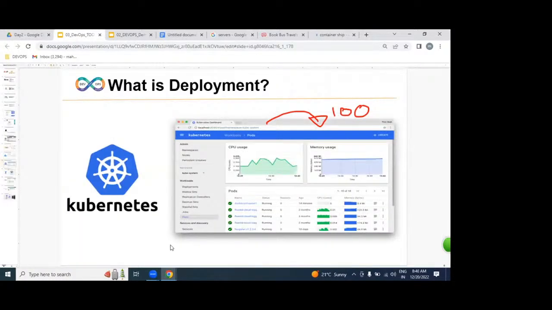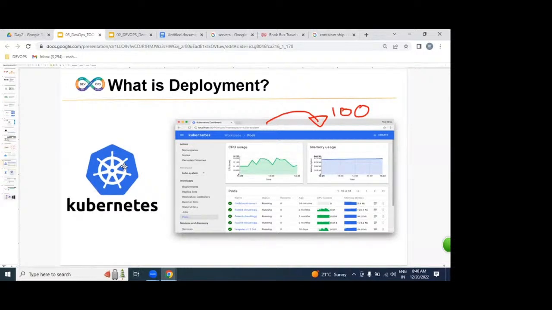Kubernetes. Understood? It's very clear. So the Docker containers are controlled by whom? Kubernetes. If you observe the Kubernetes logo, the sea color is what? Blue. And the steering wheel of a ship. Same like that, we can control hundreds of containers, easily managed by Kubernetes.